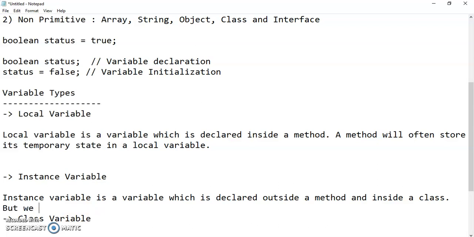But we don't declare the instance variable using the static keyword.